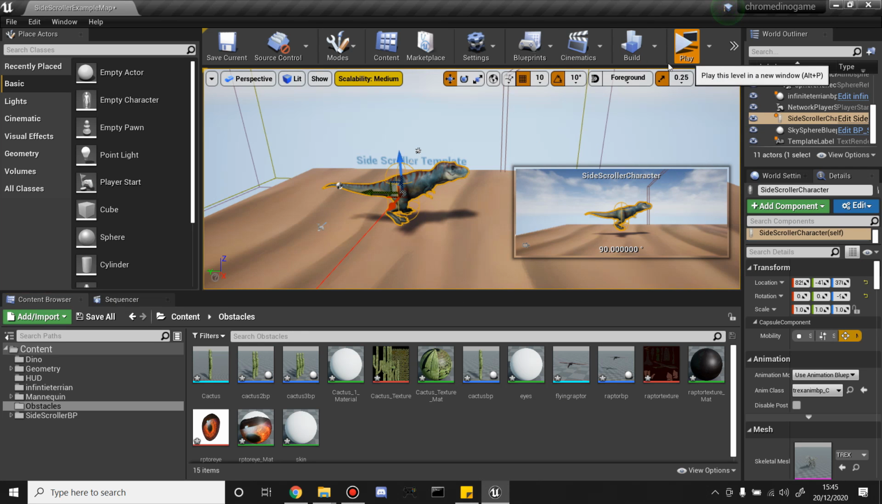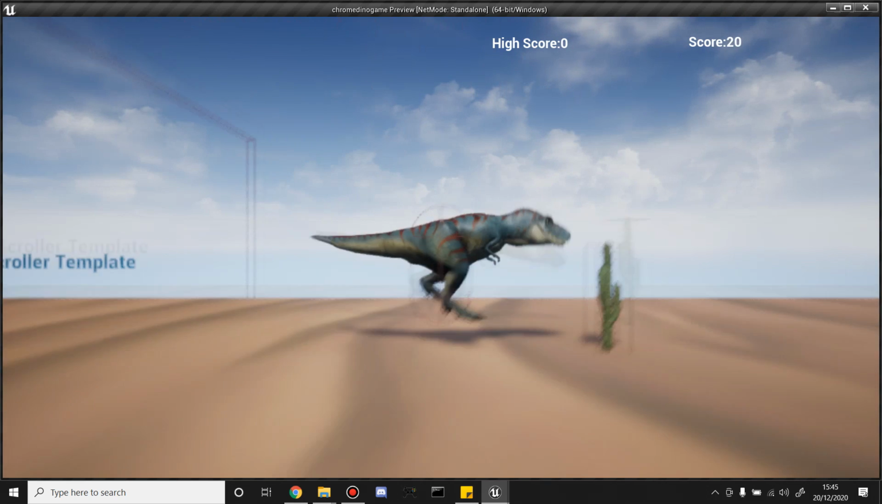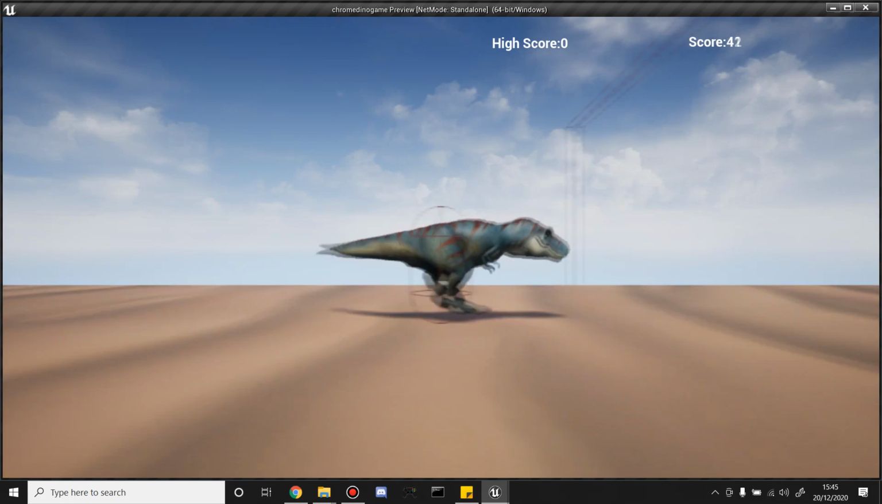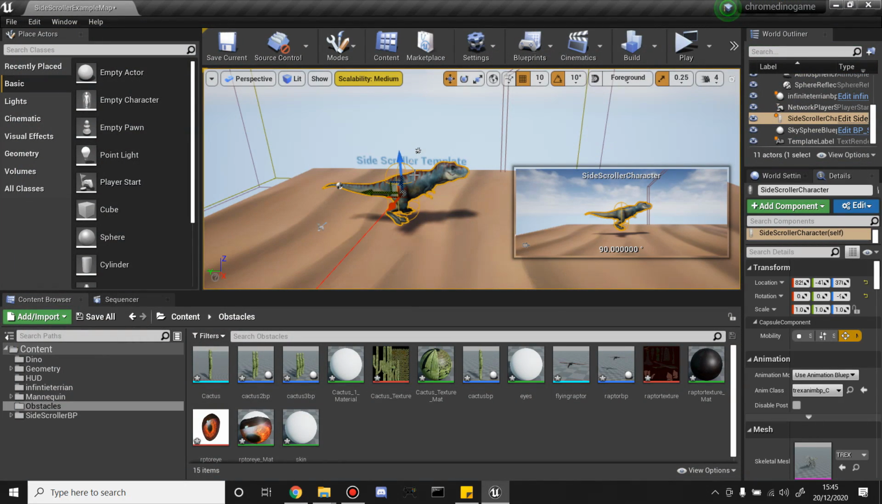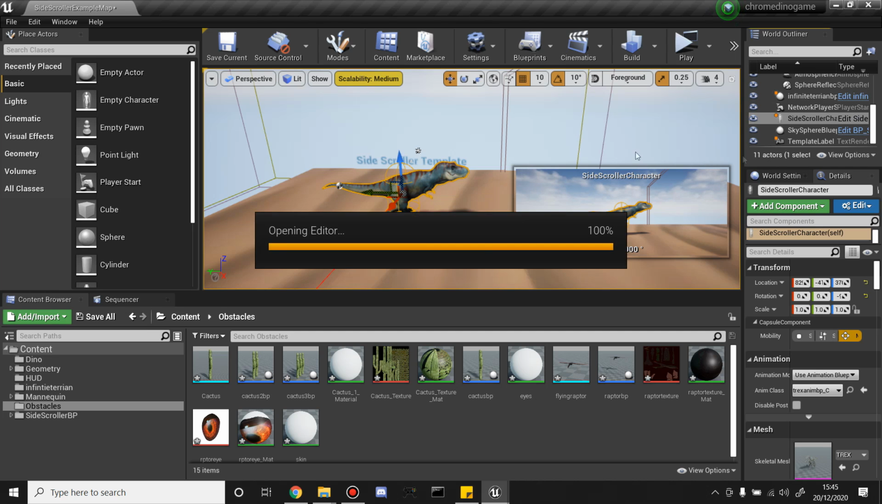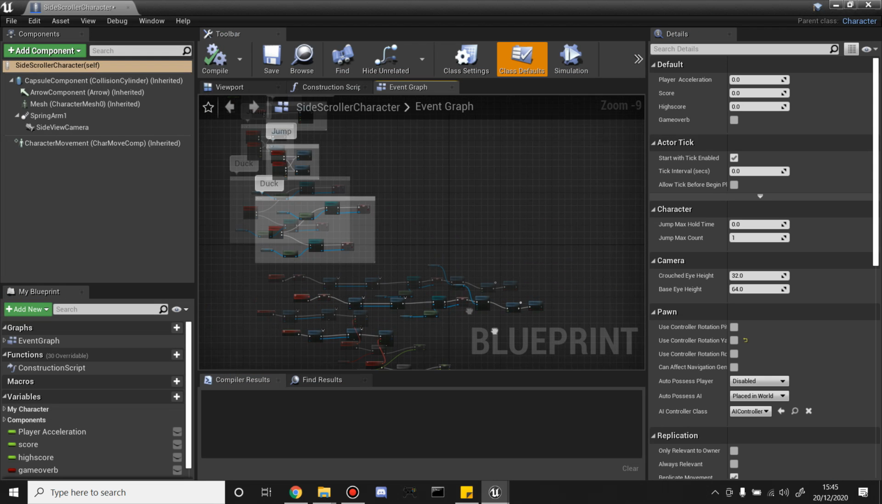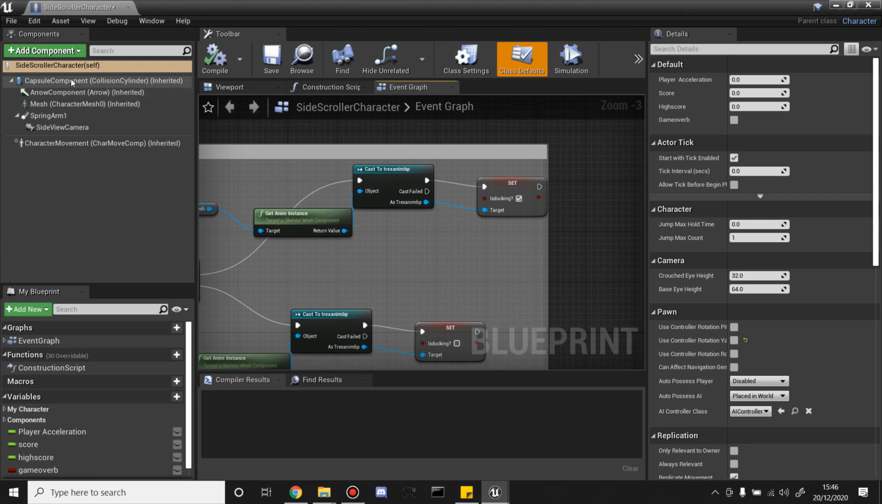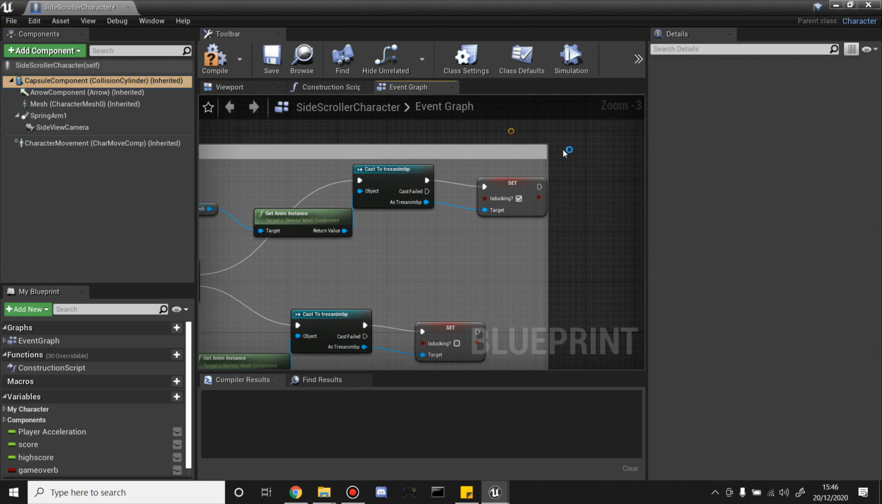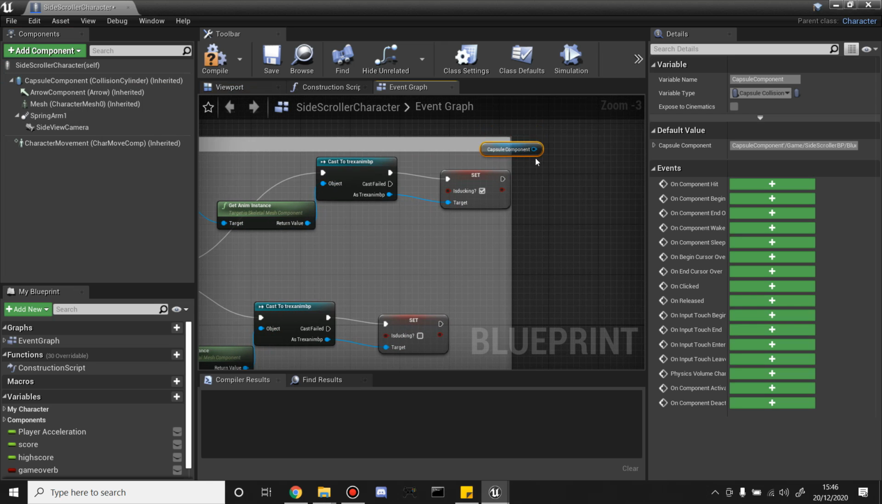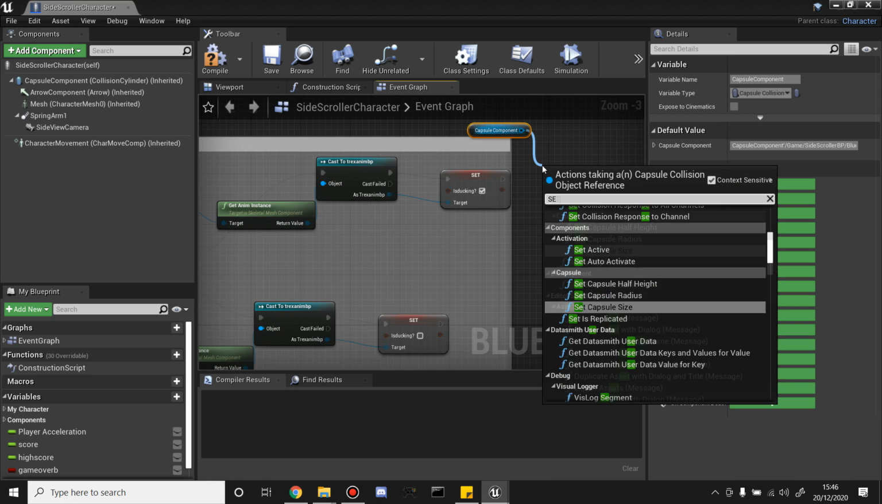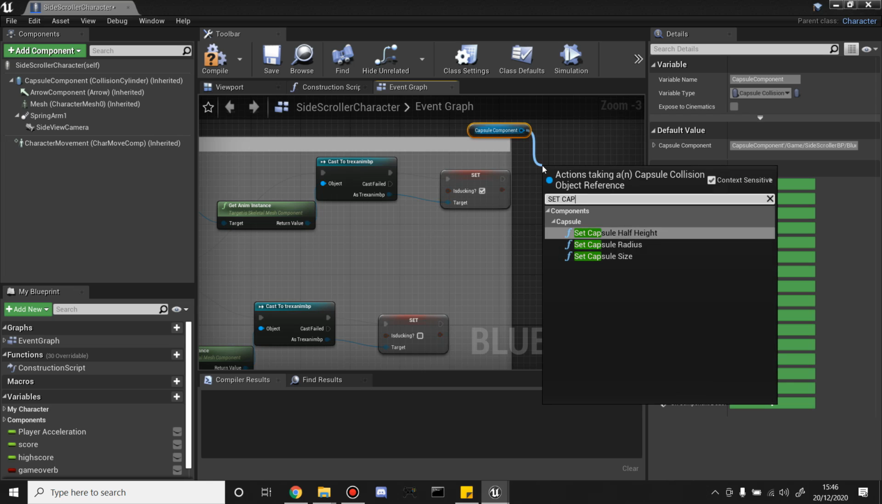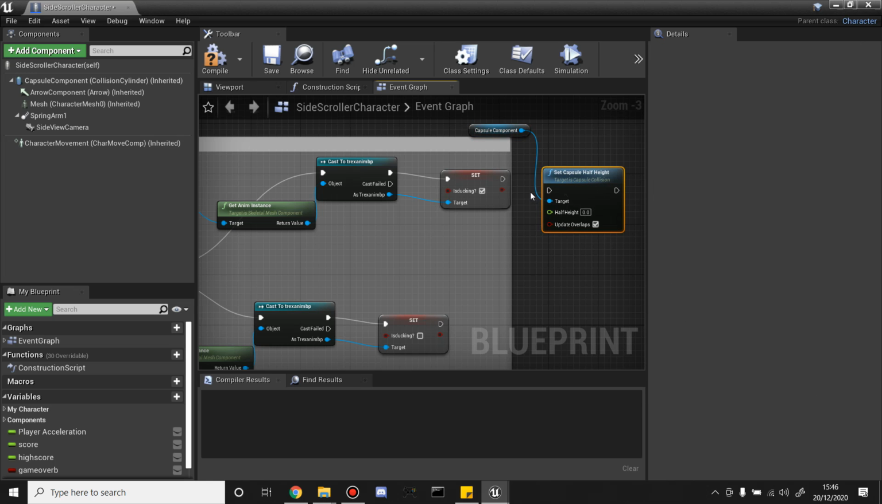When our character ducks, we need to make it so that his capsule goes lower so that he can duck underneath the bird obstacles. So to do that, we're going to click on our edit side scroll character, and we can head over to the duck script. And when he ducks, what we're going to do is we're going to get his capsule component, and then we are going to set capsule half height, and we're going to set it to a value of 200. So this will just lower it whilst he's ducking,